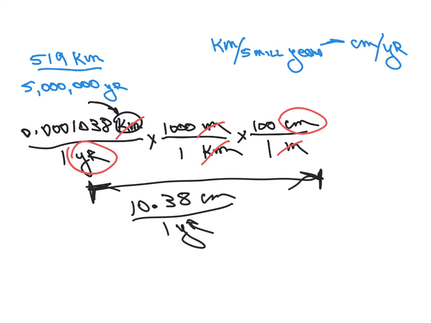So example 5 talks about high-speed avalanches, and they're telling us a couple different things. They're saying that at its slowest speed, it goes 10 meters per second. At its fastest speed, it goes 100 meters per second. So what it's asking for is, could you outrun one of these flows on foot, on a bicycle, or in a car? So first of all, we need to, being Americans, figure out how fast this is in